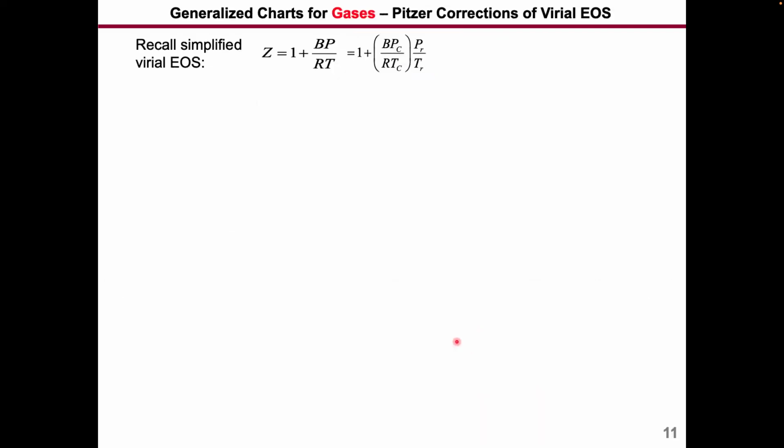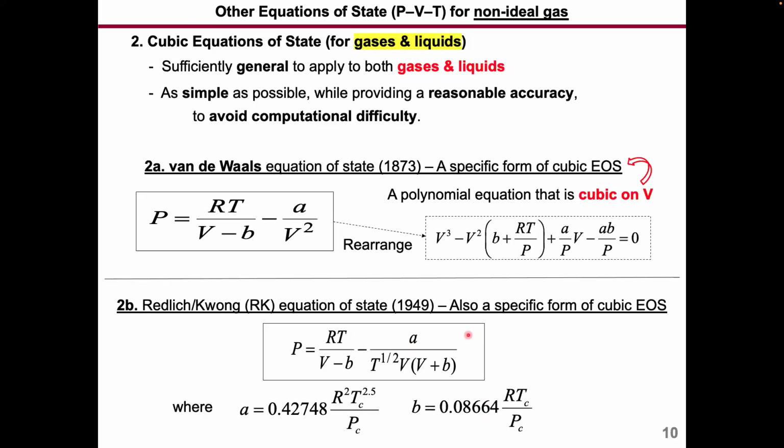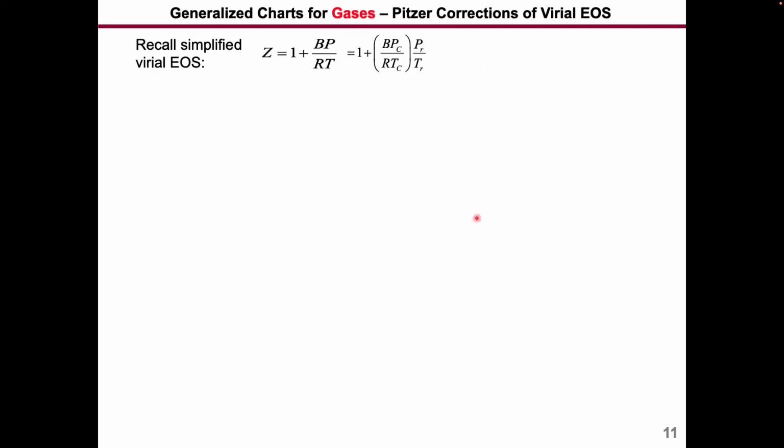All right, so that's the virial equation of state and the cubic equation of state. The virial equation is only for gases, but the cubic equation works for gases and liquids, okay? Now, in the real world, people can go a step further and use generalized charts for gases to calculate this compressibility factor. So let's say you start from the virial equation of state, Z